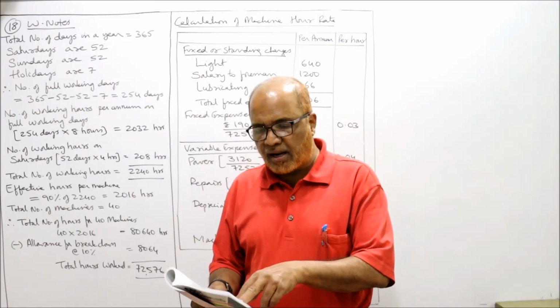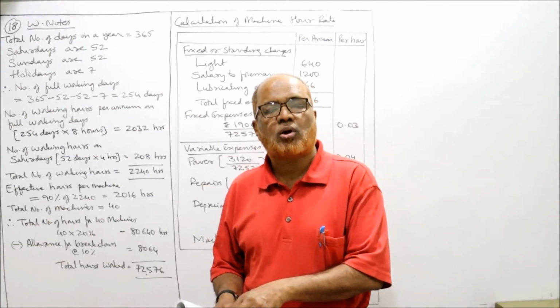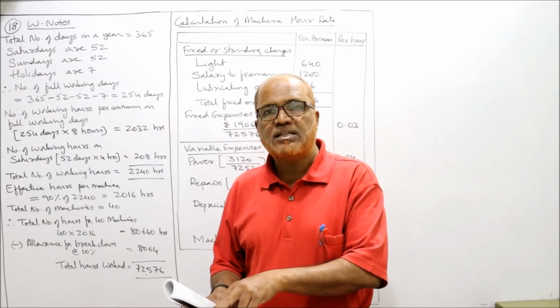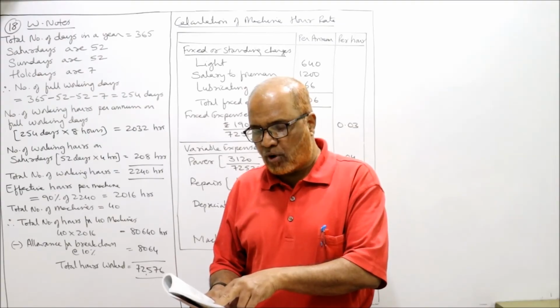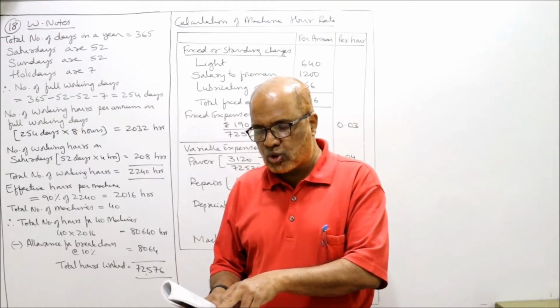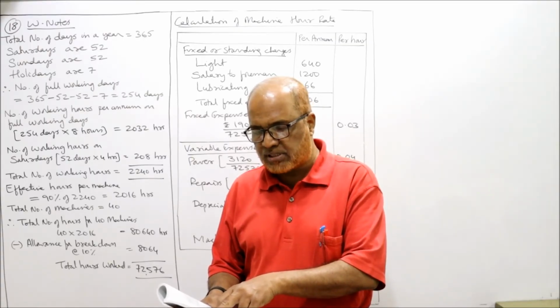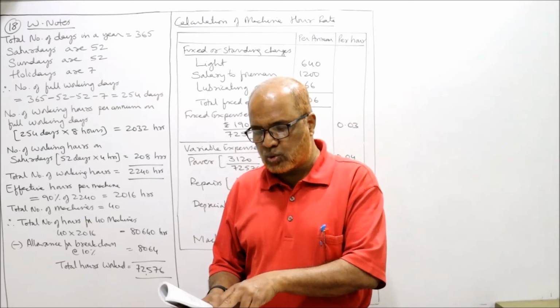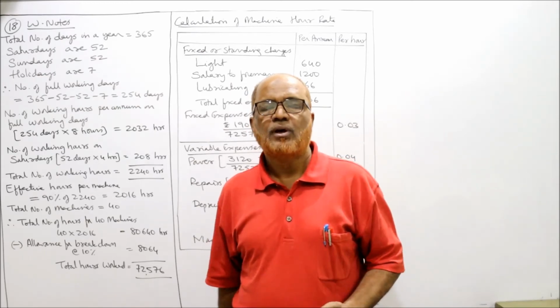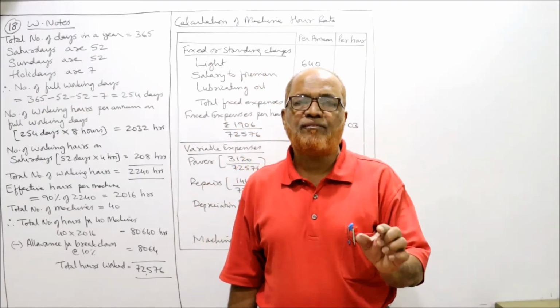The expenses per annum: power 3120 is the total power expenditure on 40 machines. Then lighting 640, salary to foreman 1200, lubricating oil 66, repairs to machine 1446, depreciation 785.6. The total is 7257.5. So the main complication in this problem is we have to find out how much is the effective working